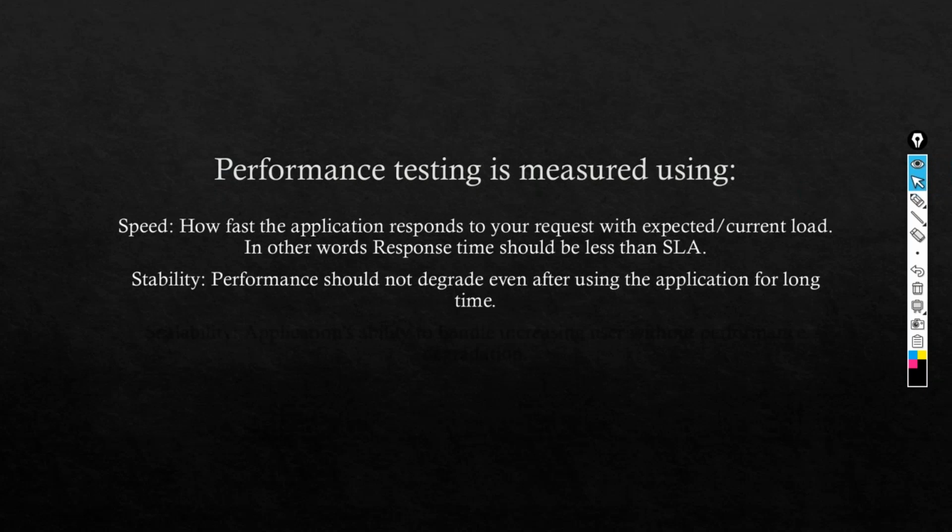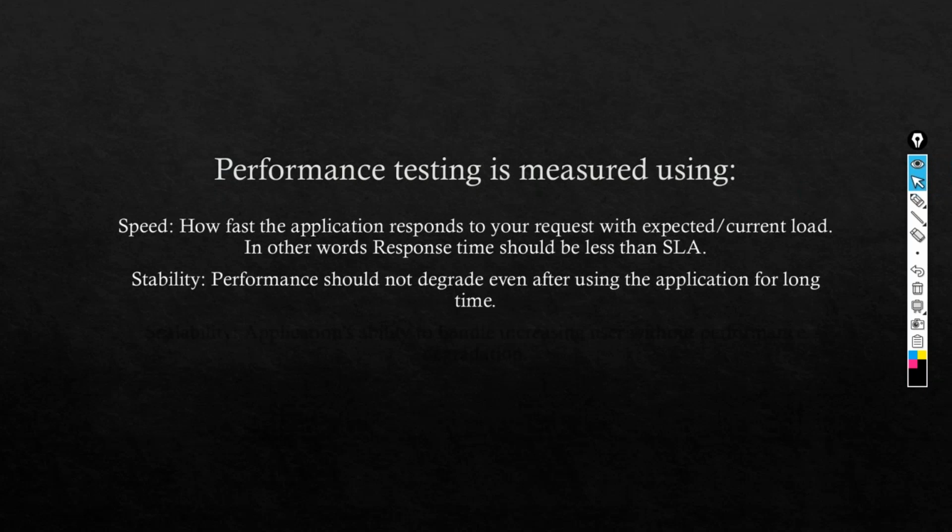Stability means performance should not degrade even after using the application for a long time. Let's say the application is being used continuously for 5 hours. How fast it responds in the first hour, it should respond in the same way throughout the 5 hours.